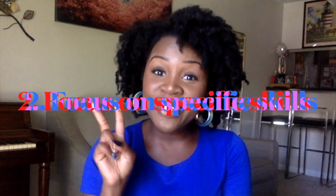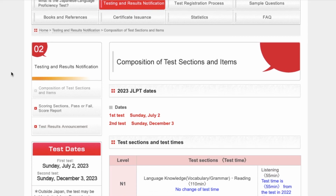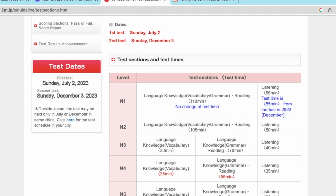Number 2 is focus on specific skills. The categories that you will be tested on are very specific. It might be reading comprehension, it could be kanji recognition, it could be what of these things is not like the other. There are many different ways that they test you, and there are many different skills that they test for. So make sure that when you go to the JLPT website and you click what level you're planning to test on,